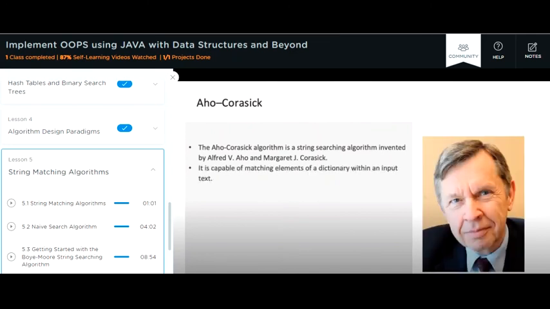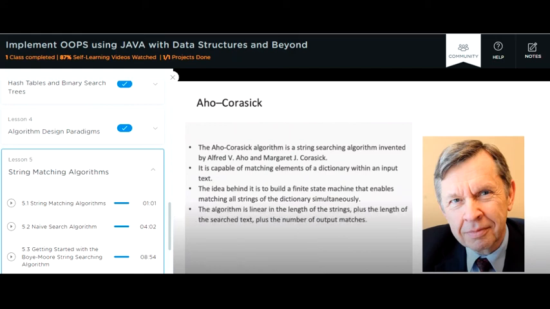Similar to the extended version of the Rabin-Karp algorithm, it is capable of matching elements of a dictionary, a set of words, with an input text. The idea behind it is to build a finite state machine that enables matching all strings of the dictionary simultaneously. The algorithm is linear in the length of the strings plus the length of the search text plus the number